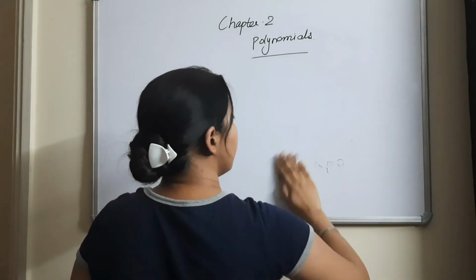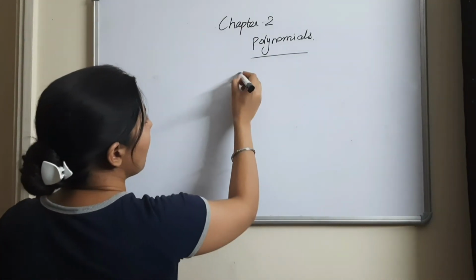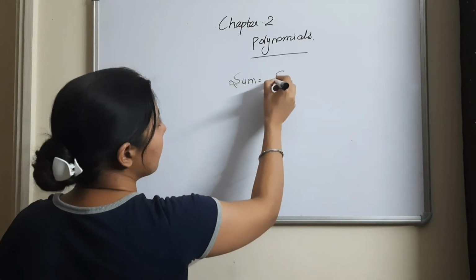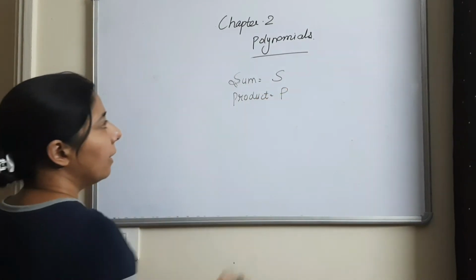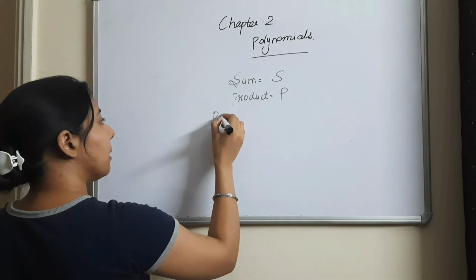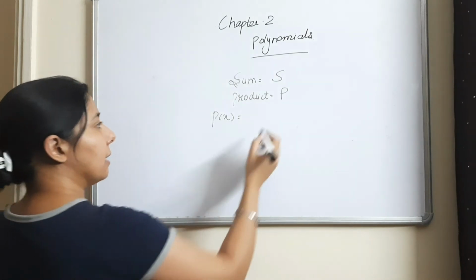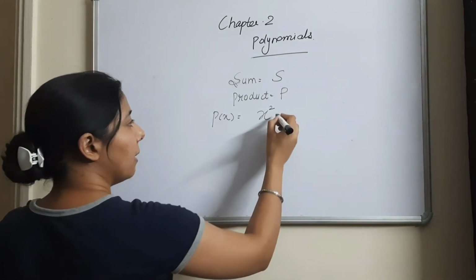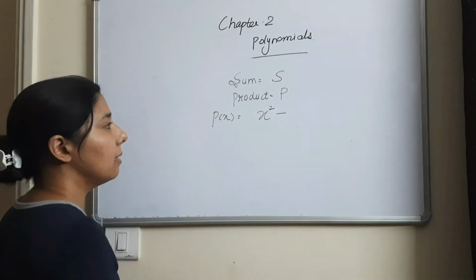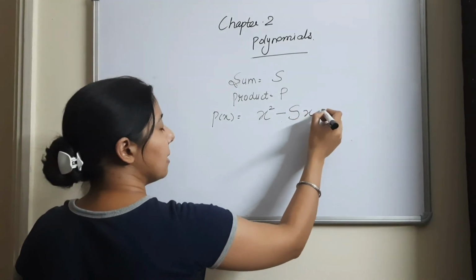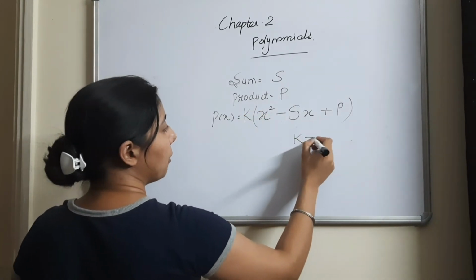So we can generalize this by writing, if sum is equal to s and product is p. Make sure that you are writing in your notebooks also. Then the polynomial is written as, yes, now you people better understand how we will write the polynomial. Yes, we will write x square here. Then we will put a plus sign. Sorry, it's a minus, my mistake. It's a minus here. Then s, then x, then plus p, and multiply this whole by k, and k can never be equal to 0.